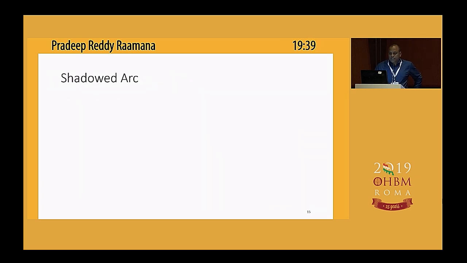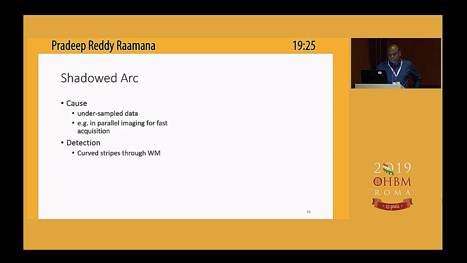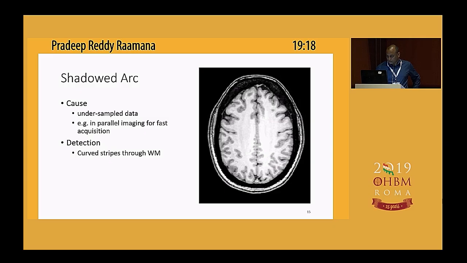So the next artifact is something called shadowed arc, and its primary cause is undersampled data, typically in parallel imaging acquisition scenarios. And very similar to ringing, you see curved stripes. For this artifact, they're mostly through white matter. For example, in this case, you can see that here, right? So I flip between them for a bit. These are easily detected in the axial view,